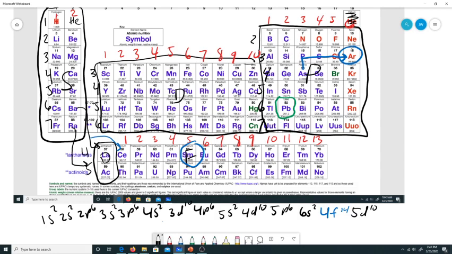Lead is the second element in the P block in the 6th row down. So I end up with 6p2. Now if we were to add 2 plus 2 plus 6 plus 2 plus 6 plus 2 plus 10 plus 6 plus 2 plus 10 plus 6 plus 2 plus 14 plus 6 plus 2, that should equal 82